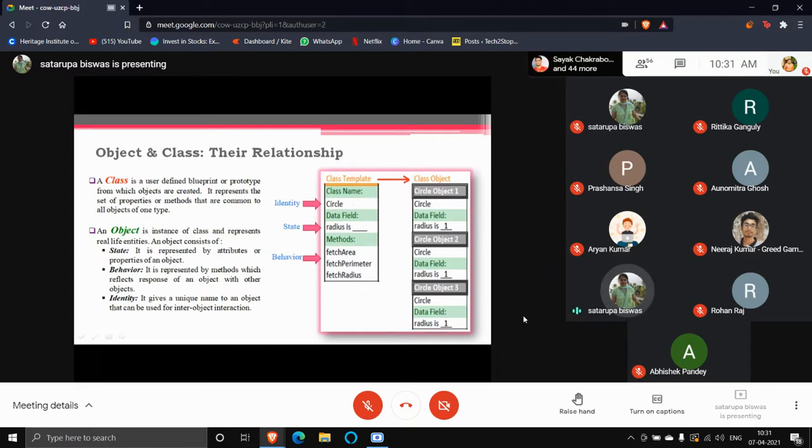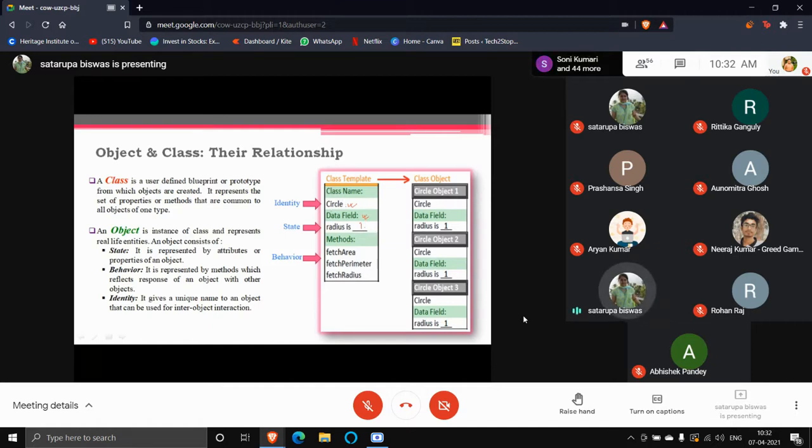Okay, so just see this class template here. What we have here: the first is the class name. They named the class Circle. The data field, the radius, we don't know what the radius is. This will depend on the different objects. Now you are only defining the prototype.